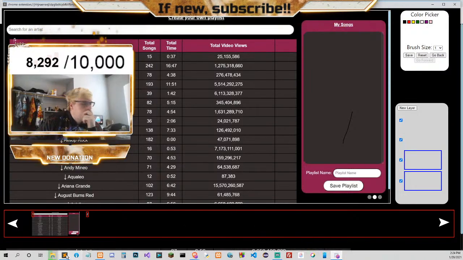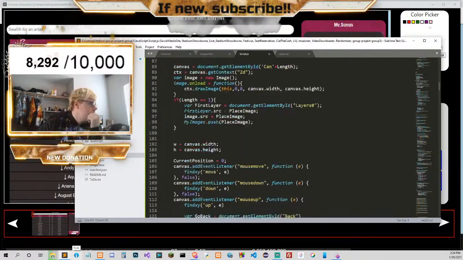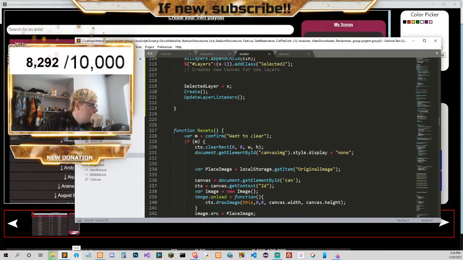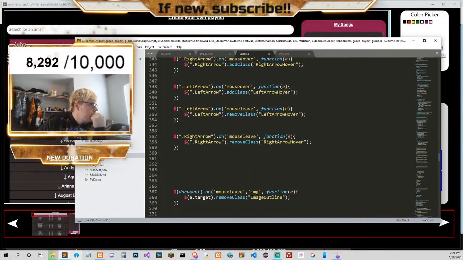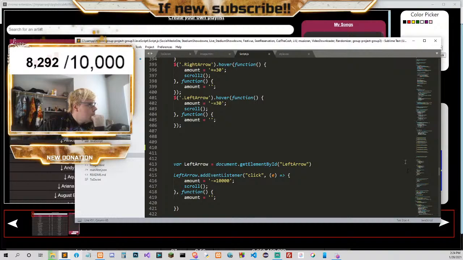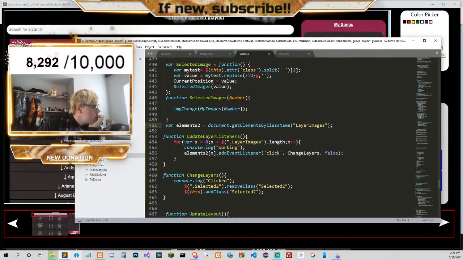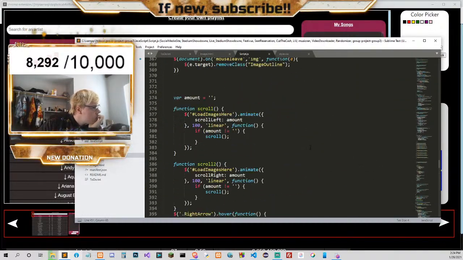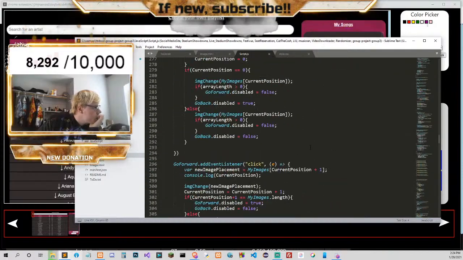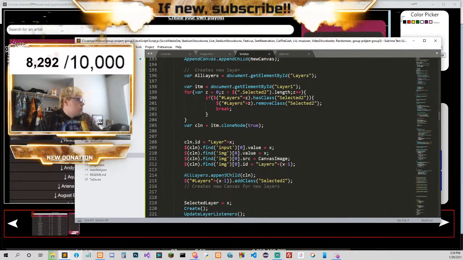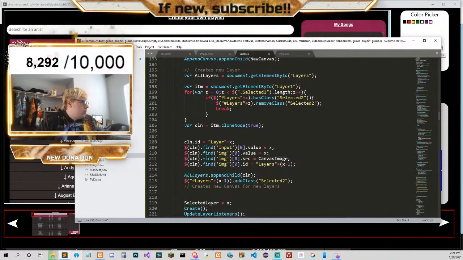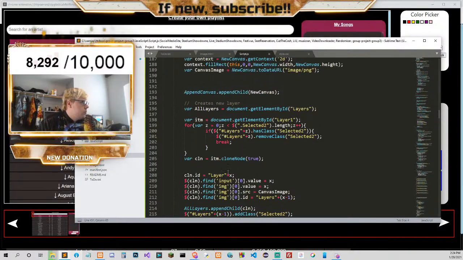Oh, that's another thing we gotta fix there. So when we create a new one, where is it? Here. So add layers. We need to remove the class here.